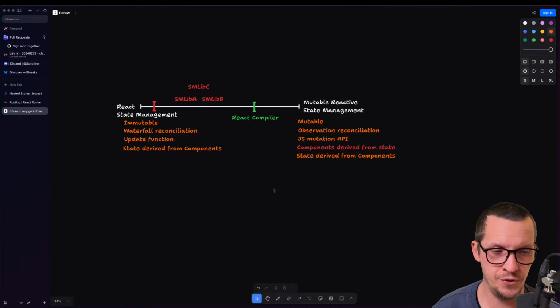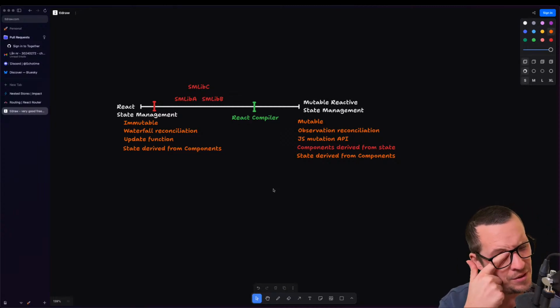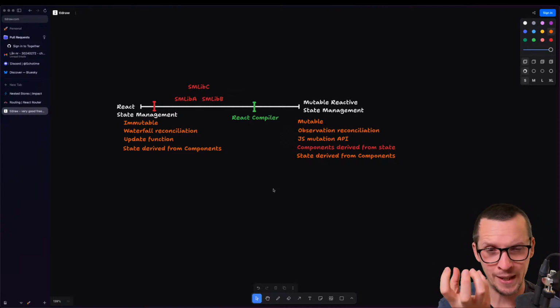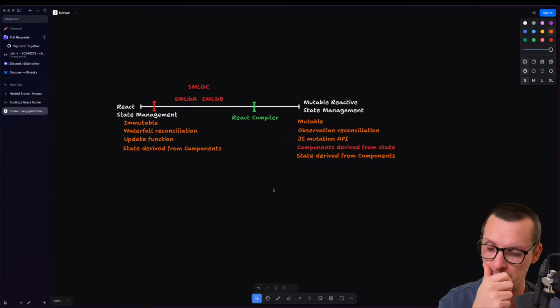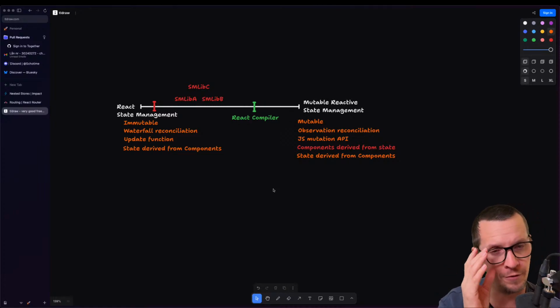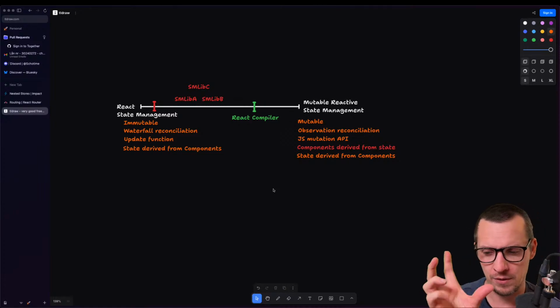But it does also, yeah, I guess that's an issue regardless. It does also bring mutability very close to the immutable world of React. And they can't overlap.